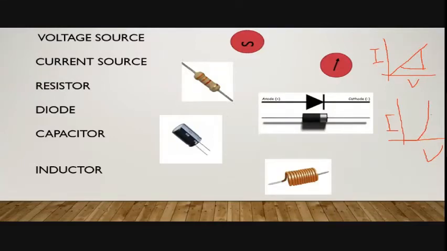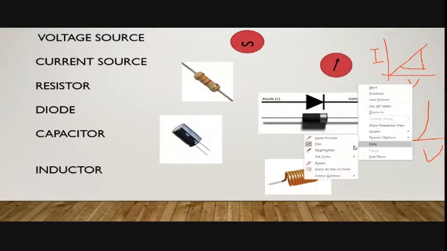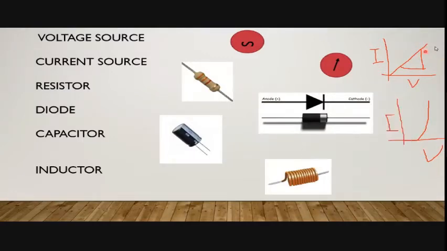Here you have got a straight line, here you have got a line which is not straight, is it not? So this diode is called a non-ohmic resistor. Ohmic resistor means what? Ohmic resistor means which follows Ohm's law, that is V by I is a straight line. Such a device is called an ohmic resistor. But if V by I is not a straight line, then you call it a non-ohmic resistor.